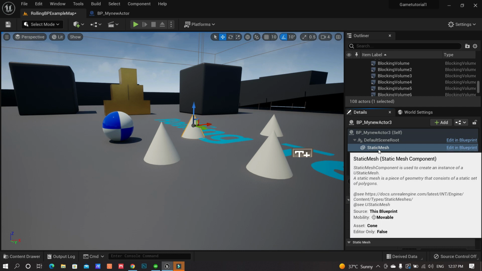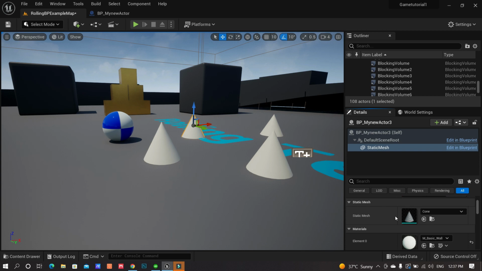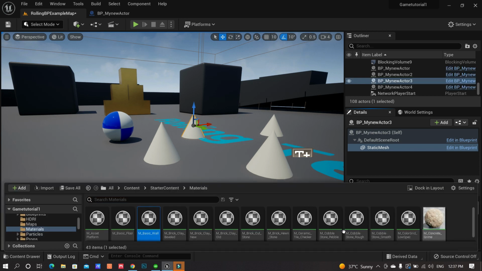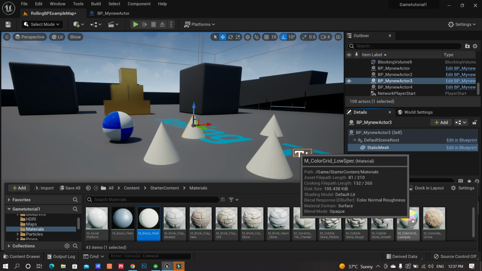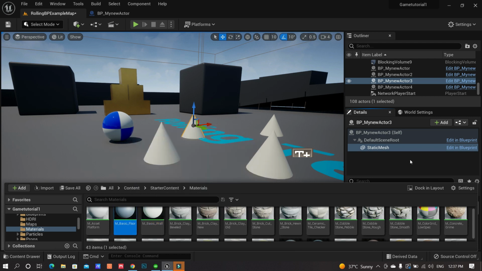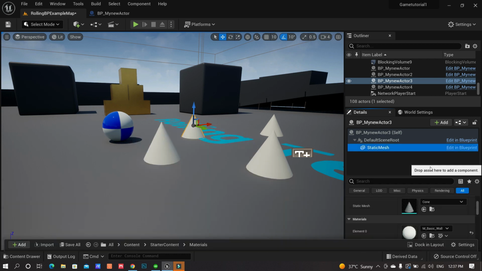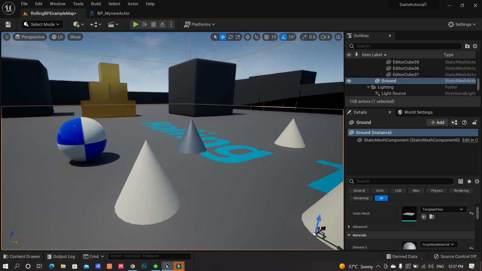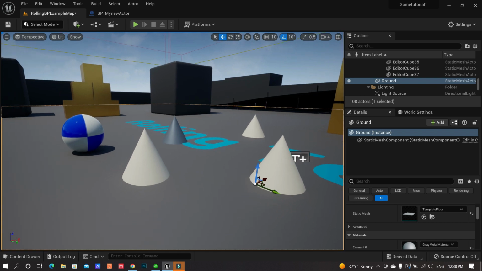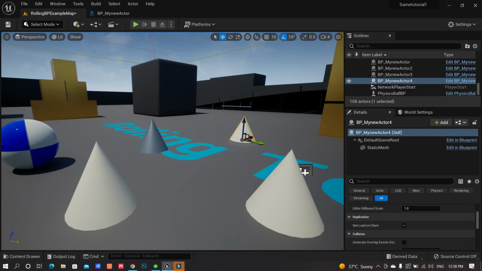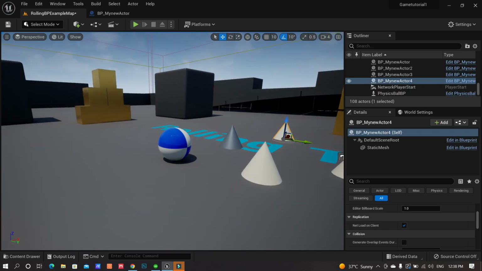So now from here, if you want to go back into the static mesh and go to its properties, and if you see the element here for the material, let's just pick one of them. Let's say I'm just gonna make it easy, let's pick this one. Okay, go back to the scene, and there you go. Although you see that it's the same blueprint, you can play around with the properties for different instances of your blueprint itself, for the two static meshes.